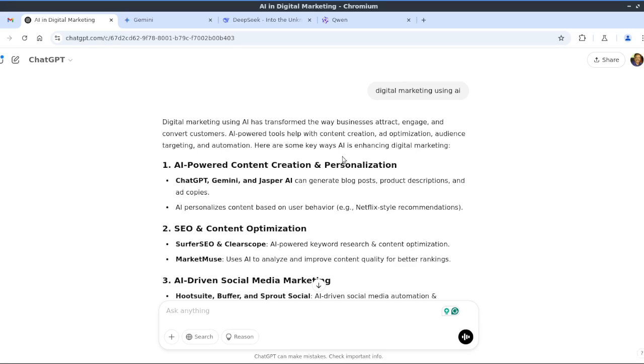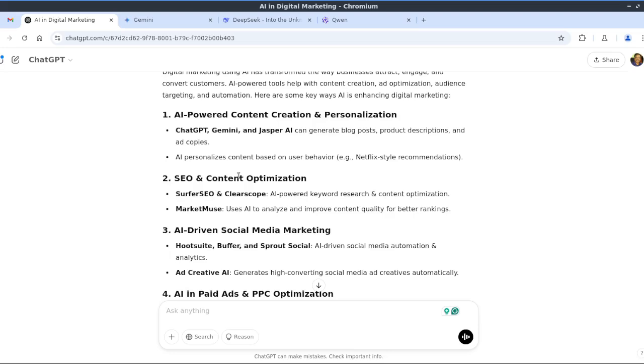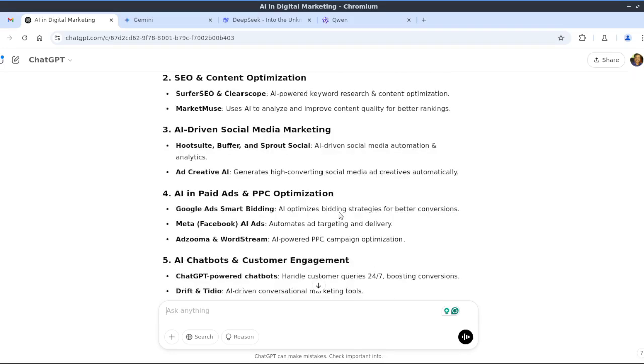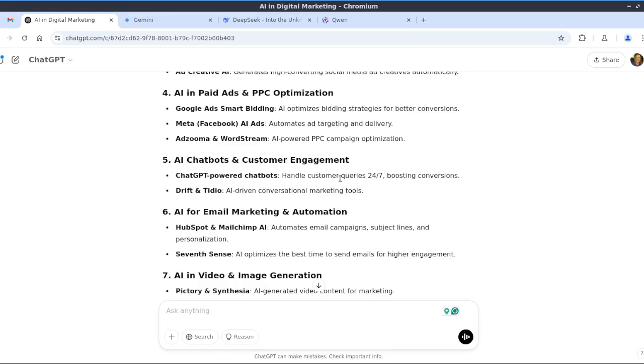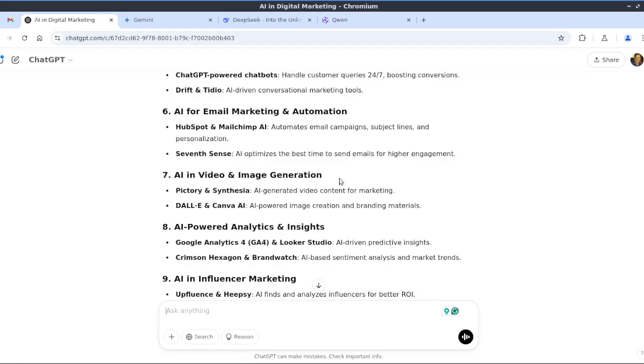It's giving a lot of information. In this way, we can just do brainstorming with ChatGPT to get a lot of information. Here it listed various things, and we can go through it in this way. One important thing is, instead of typing the text here, maybe you can go with this voice mode, so that we can talk continuously and ChatGPT will answer through voice.